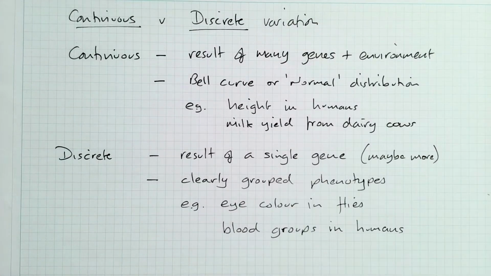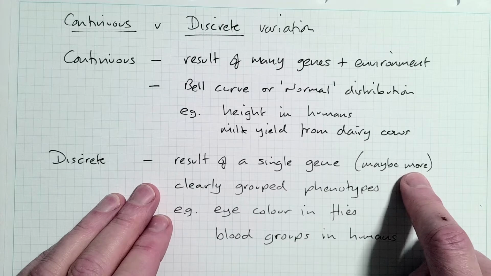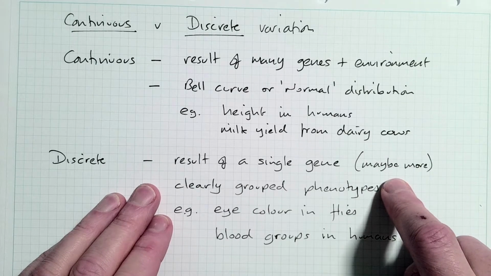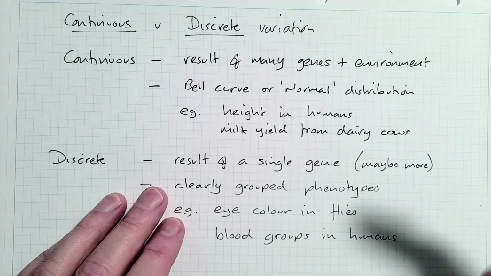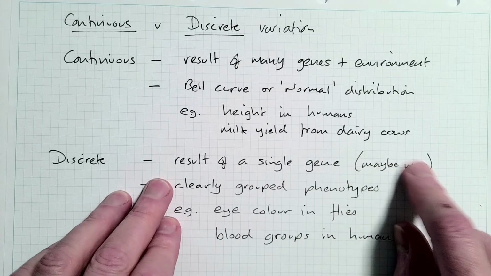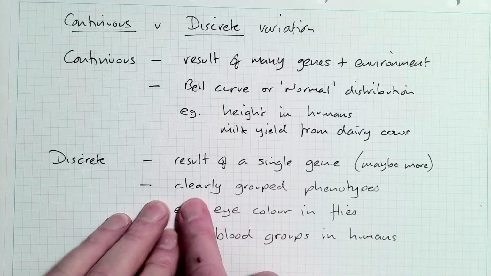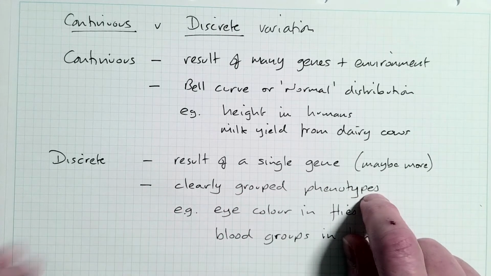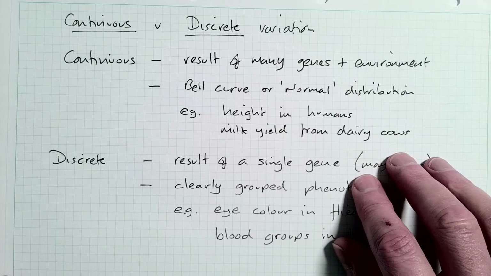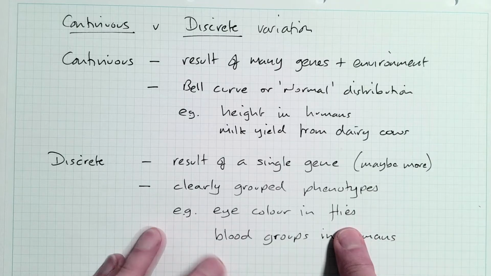Now, our discrete variation is the result of a single gene, maybe 1 or 2 more if we're going to look at a dihybrid cross. That means 2 genes we're going to follow the fortunes of, and trihybrid crosses, which get incredibly complicated. They're things you might do in higher biology. We get clearly grouped phenotypes. We get red eyes or white eyes, sometimes pink eyes,